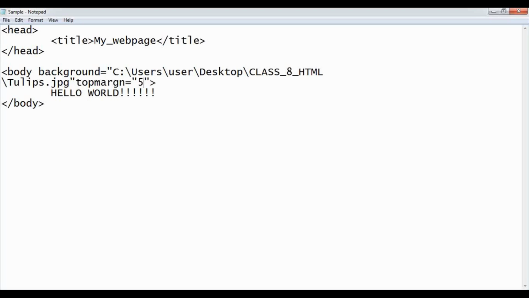Then bottom margin. There should be no space between top and margin. They are not two words, they are one word. So bottom margin, then right margin. You can continuously give the values.